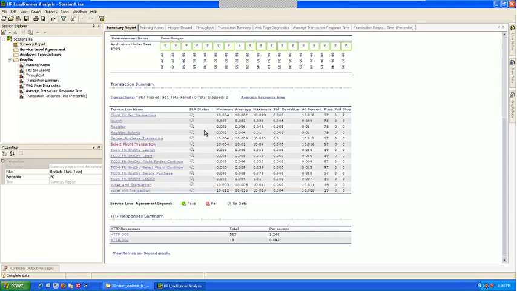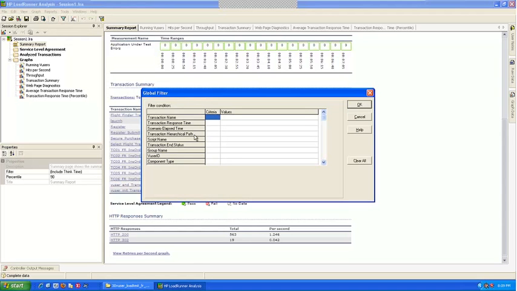What I can do is go to, you see here, filter, apply for summary only, or there is a global filter. You see here, this filter is the global filter. The one with the filter symbol in yellow color applies only for this particular page. No, we want it global, so that all the graphs will have these transactions removed. So I go here to my global filter. Now in the global filter, you have multiple things you can do.